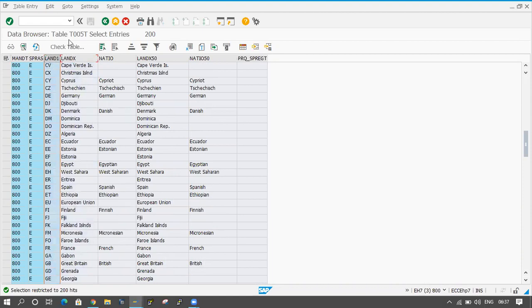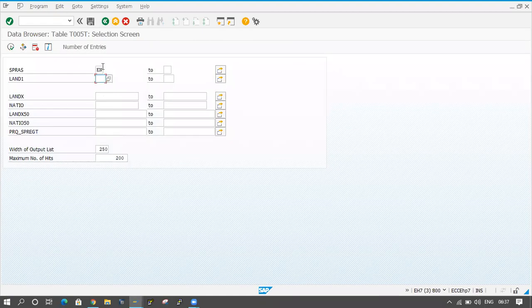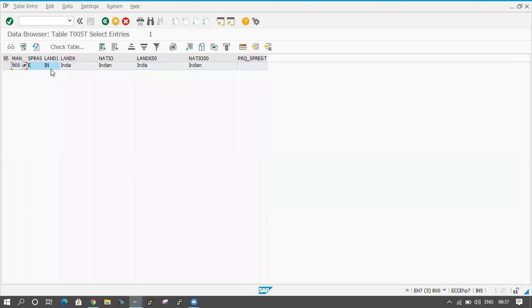For example, I will take India. The country code for India is IN. So country code is IN and the country name is India. So I have to display these two things, LAND1 and LANDX. First of all, I will go to the program now.